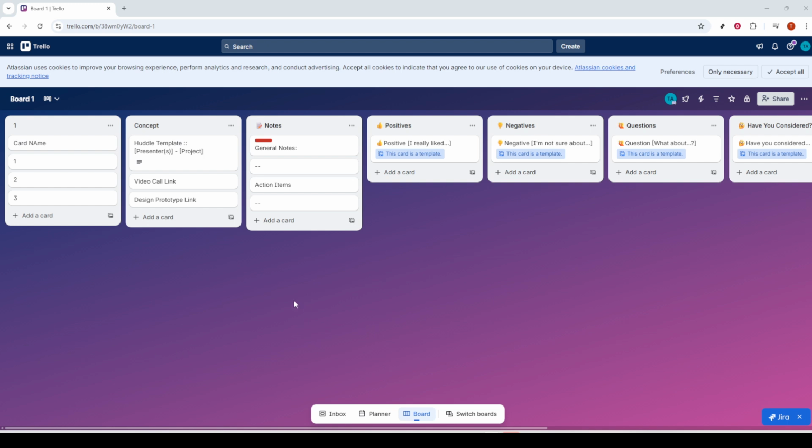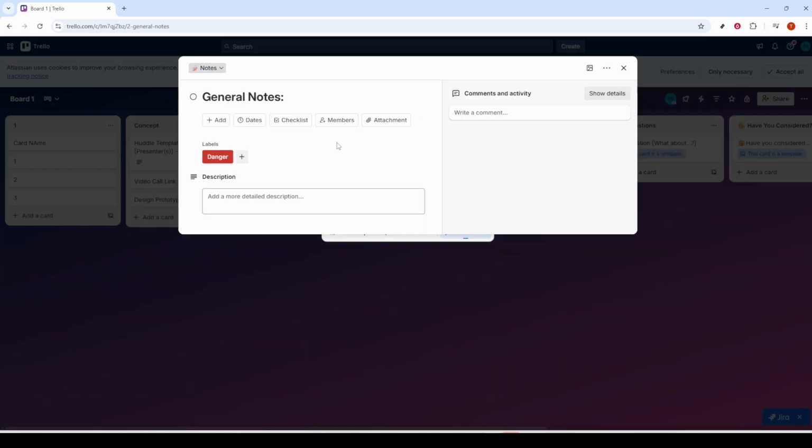Start by opening the card where you want the checklist to live. Click the card to open its detailed view, sometimes called the card back. This is the space where you see all the card's information, description, activity, attachments, and a panel on the right that lets you add features. Make sure you're on the correct card before you proceed, because your checklist will be attached to this specific item